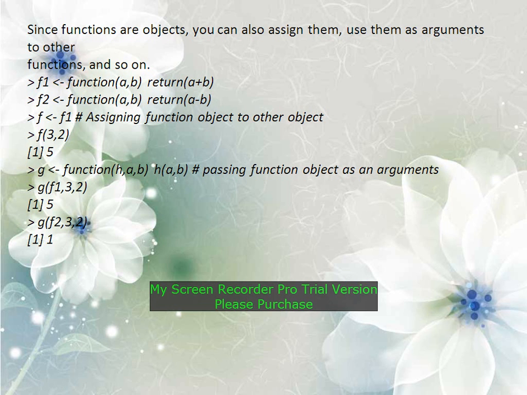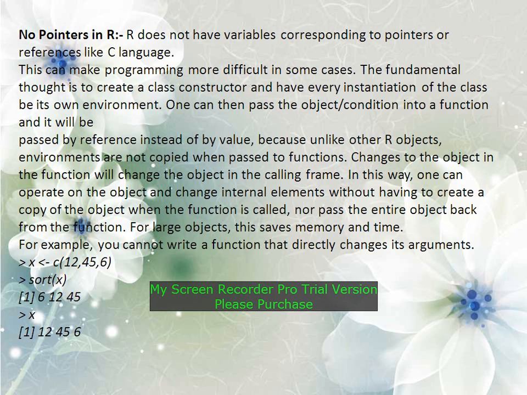So that is it. Next, coming to pointers. R cannot support any pointers like C. R does not have variables corresponding to pointers or references like C. This can make programming more difficult in some cases. The fundamental concept is to create a class constructor and have every instantiation of the class be its own environment. One can pass the object or environment into a function and it will be passed by reference instead of passed